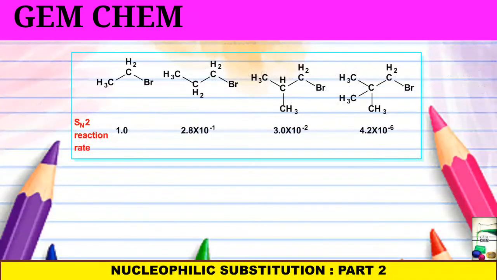Now see here, the next part is the SN2 reaction rate when we are considering primary halides. The bulkiness is increased in the next carbon atoms, and the trend goes obviously as we have seen. This is 1 and this has the least rate because here SN1 will be favored rather than SN2, because backside attack will be hindered. Suppose we take this one.